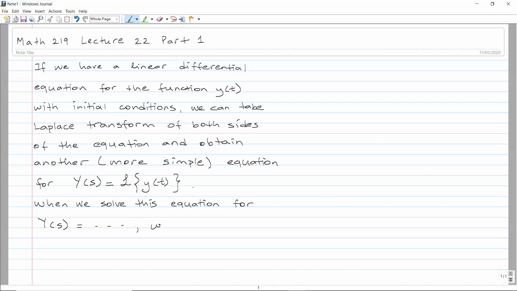We can find our solution, small y of t, solution of our differential equation, by going backwards, so by computing the inverse of the Laplace transform